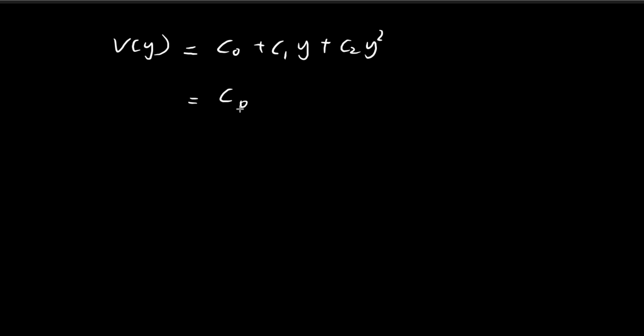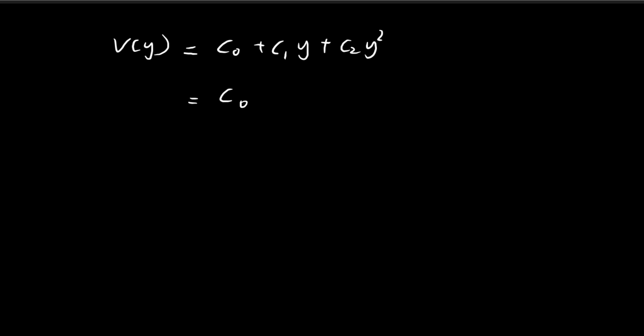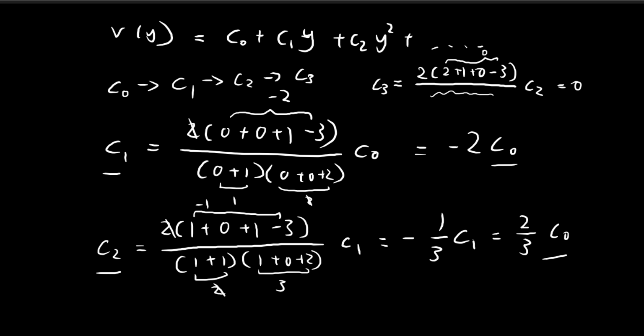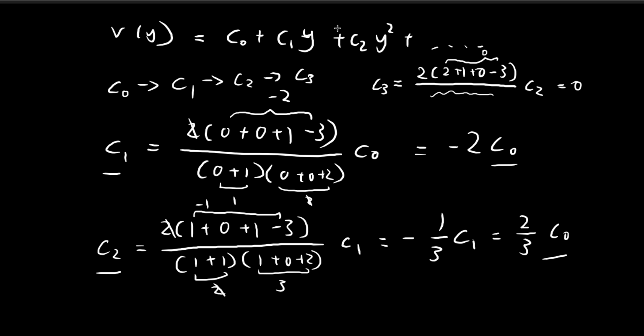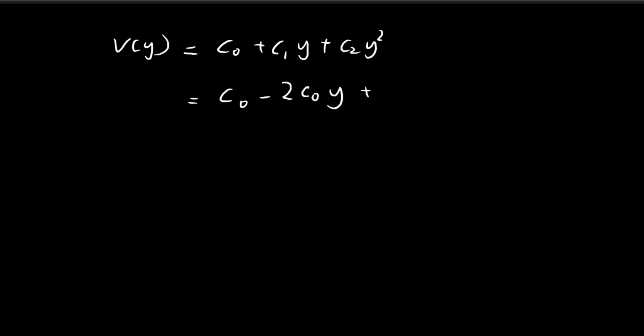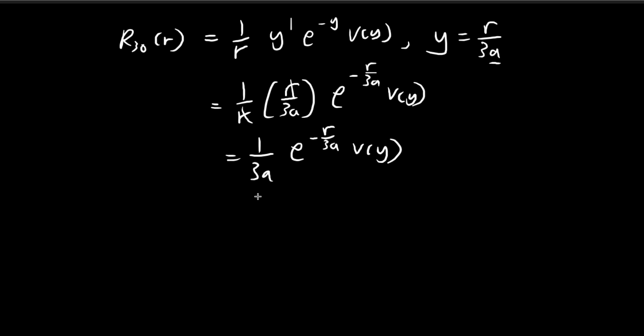And now we can express everything in terms of C0. We know that C1 is equal to negative 2C0, so we have negative 2C0y, and then we have 2 over 3 C0 y squared. So I'm going to pull the C0 to the outside, so we have 1 minus 2y plus 2 over 3 y squared. So now that we've found v of y, we're ready to substitute this expression back into